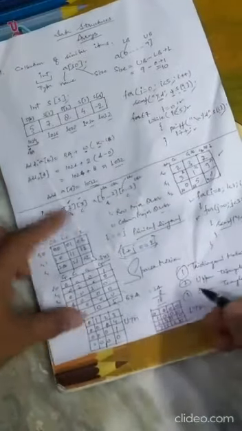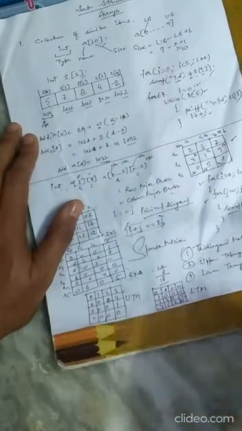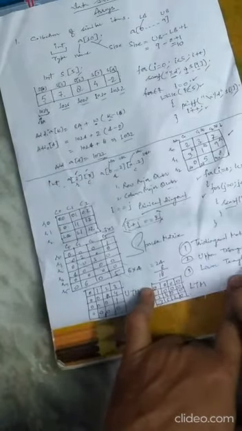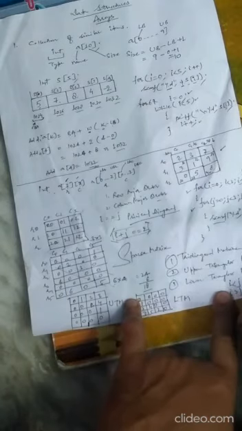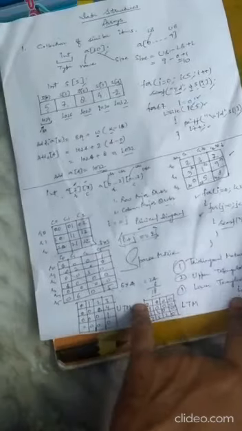If you observe these entries within these matrices, if you observe the values of i and j within particular boxes, out of these three, you will see i is less than j. If the condition is i less than j, then we are talking about an upper triangular matrix. If we say i greater than j, this means we are talking about a lower triangular matrix. You can observe it, you can verify this.